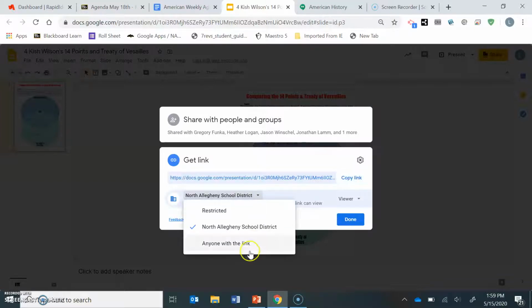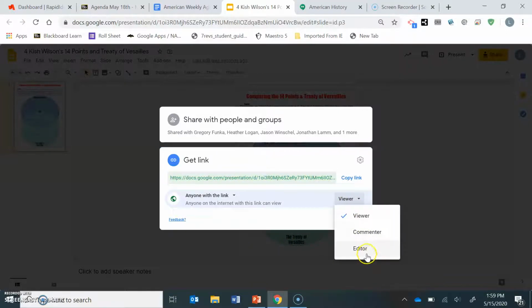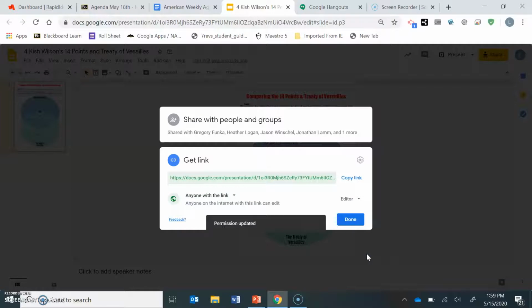So you need to click on here, and then click down to anyone with the link. It will update it. You need to click over here. You need to change the viewer to editor so I can put actual points inside of your document. Then you're going to copy this link. Now, once this link is copied and once you've filled in everything you need to know on your document,